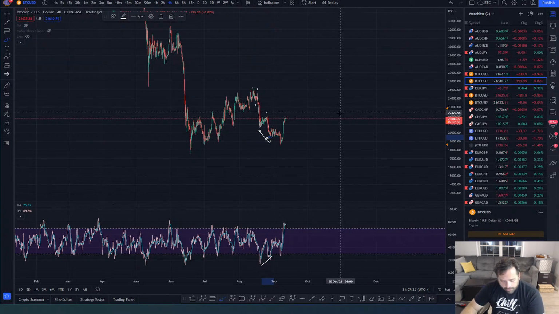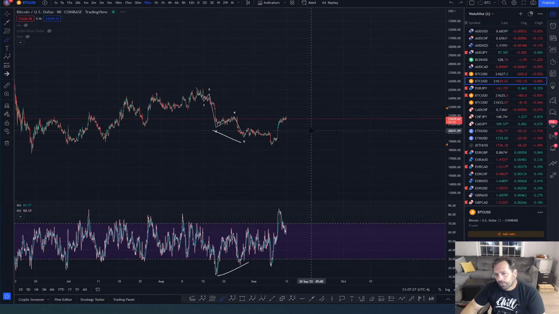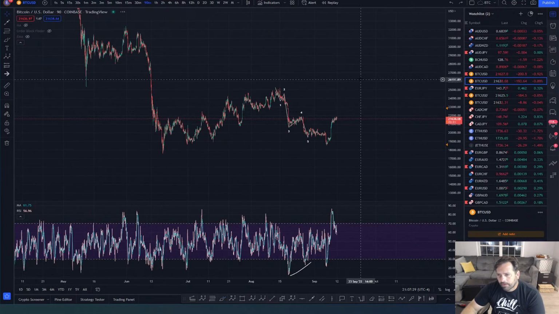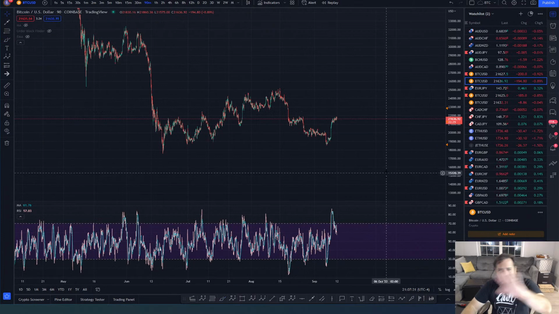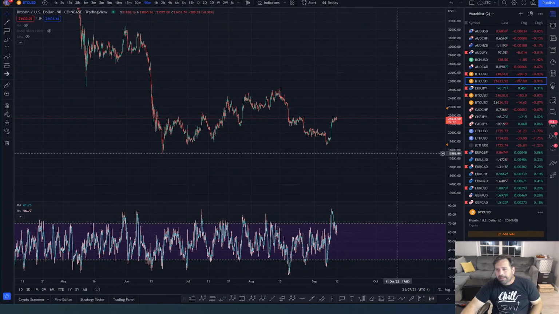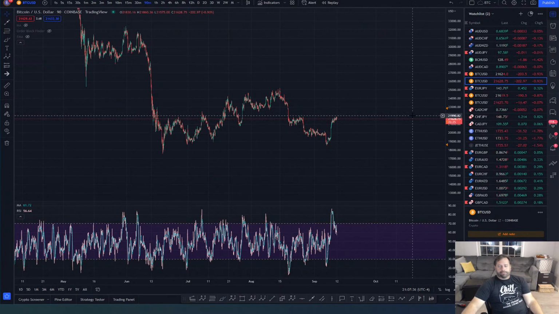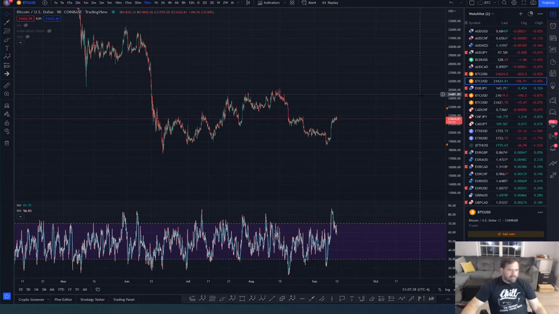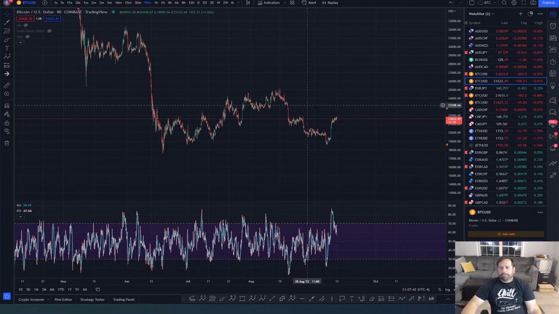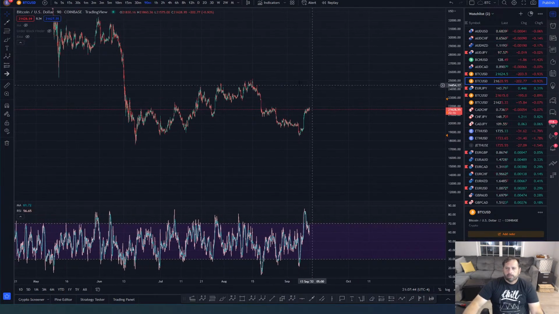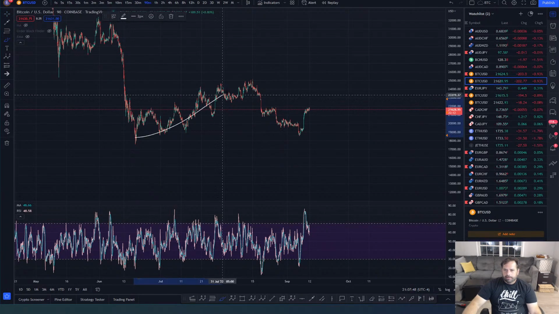Now, the question you have to ask is, what is that 5-wave doing? What is that impulse doing in this structure? What is going on in that structure? Is it ending something or is it beginning something? Now, if it's beginning something, that means the previous wave ended right here at the top. The previous wave ended there. And that means the new wave began right here at the top.